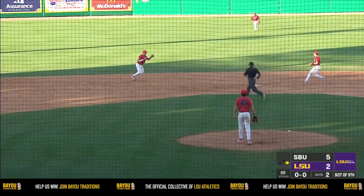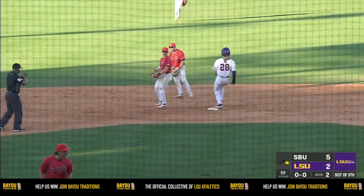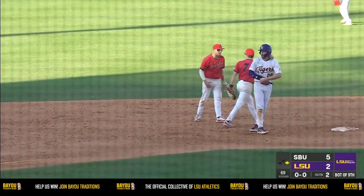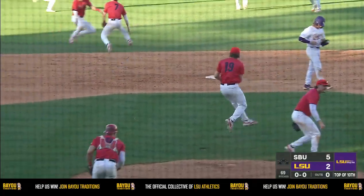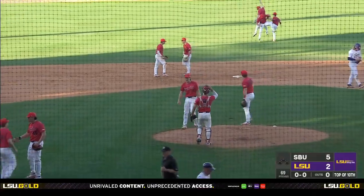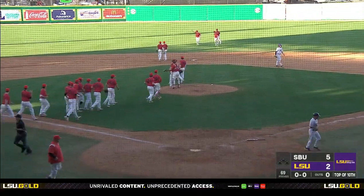The pitch, chopping ground ball, backpedaling is Maselli. He will flip to Fox, and Stony Brook gets the win 5-2, handing the Tigers their first loss on the season. Second win by the Seawolves. They move to 2-4. The Tigers move to